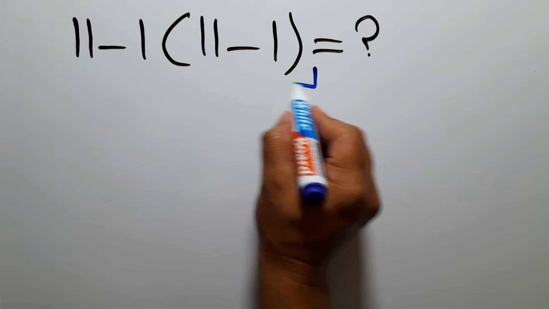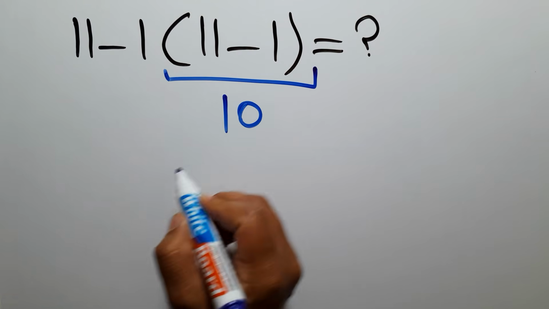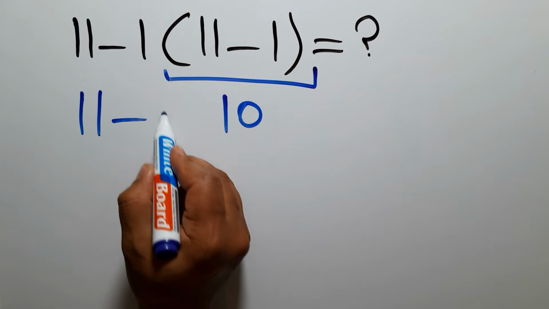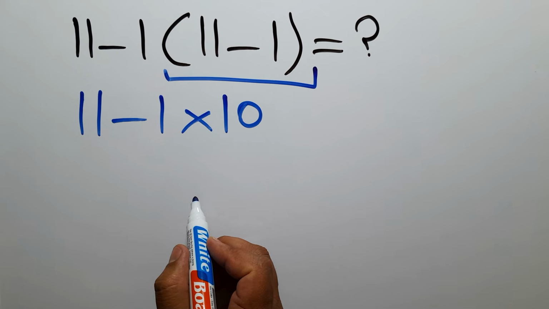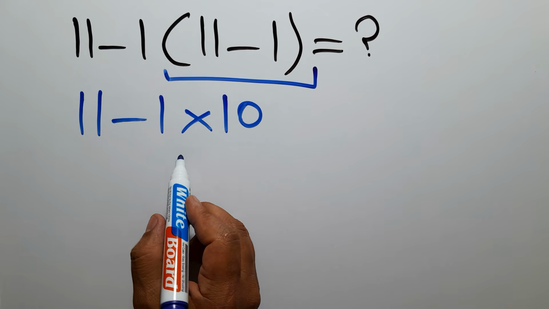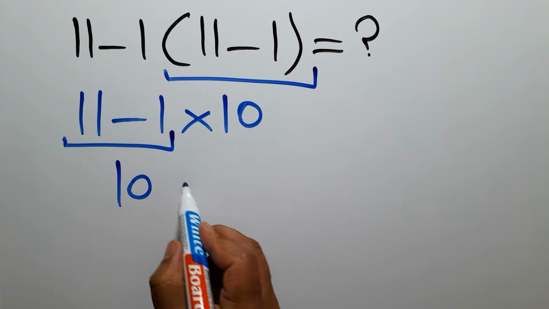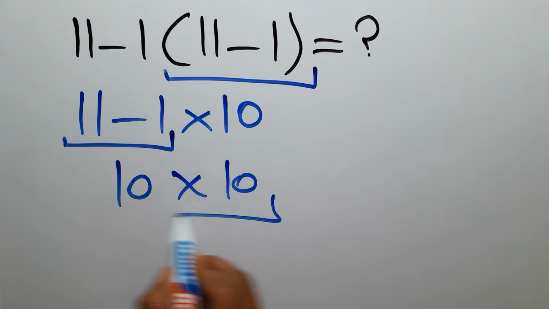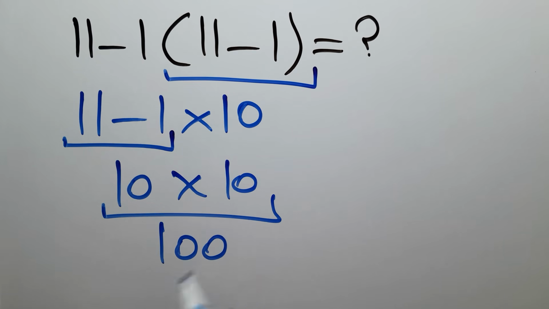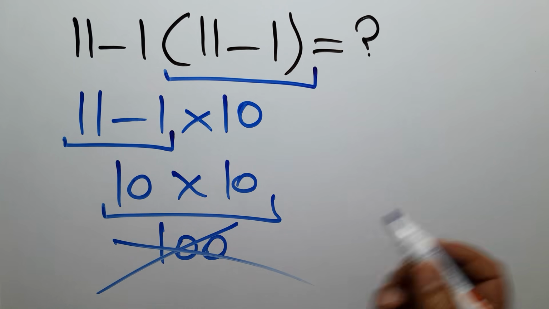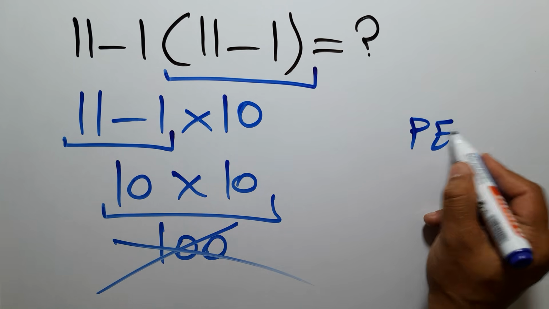11 minus 1 gives us 10. So we have 11 minus 1 times 10. Now 11 minus 1 gives us 10. So we have 10 times 10, which equals 100. But this answer is not correct, because according to the order of operations, which is PEMDAS,